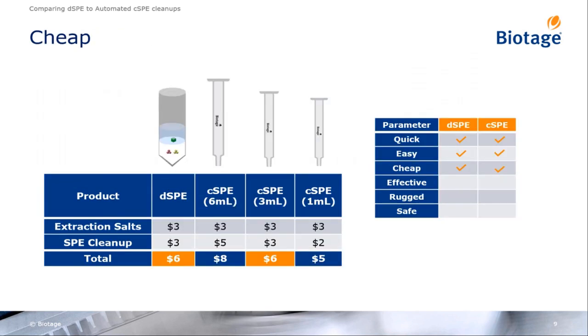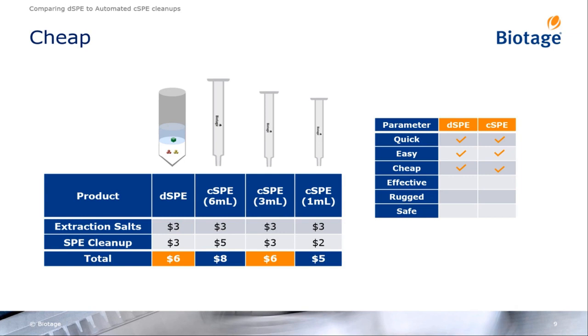Now the third criteria in which we evaluated for QuEChERS cleanup was the cost associated with the cleanup sorbent. As you can see, with traditional DSPE sorbents in the market, you have the extraction salts and the SPE cleanup. For all techniques, the extraction salts stay the same, so we kept that value the same. But you'll note the SPE cleanup associated with each sample,